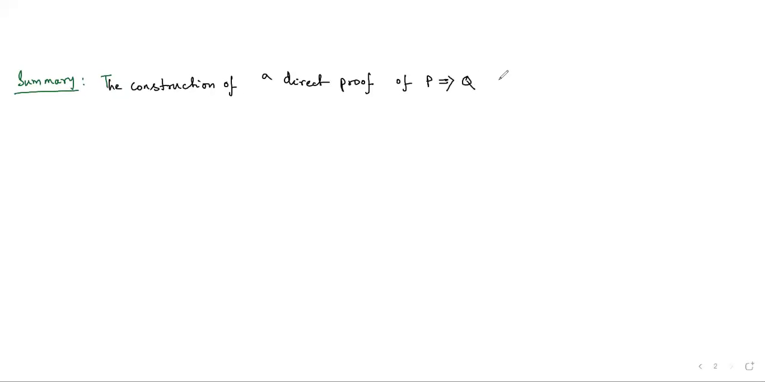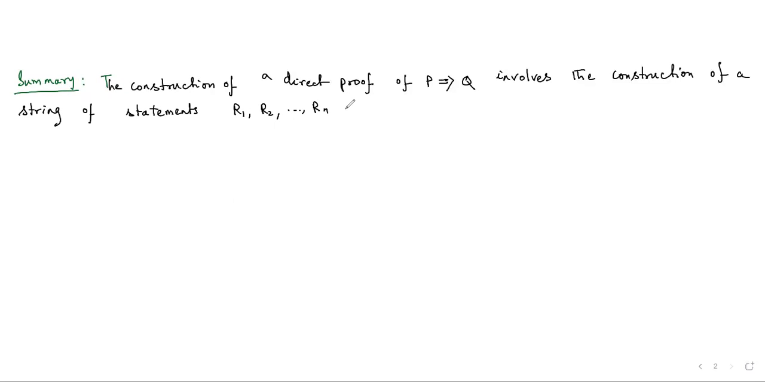So let us summarize what we have written. My summary of the previous page is like this: the construction of a direct proof of the statement P implying the statement Q involves the construction of a string of statements such as R1, R2, ..., Rn, such that